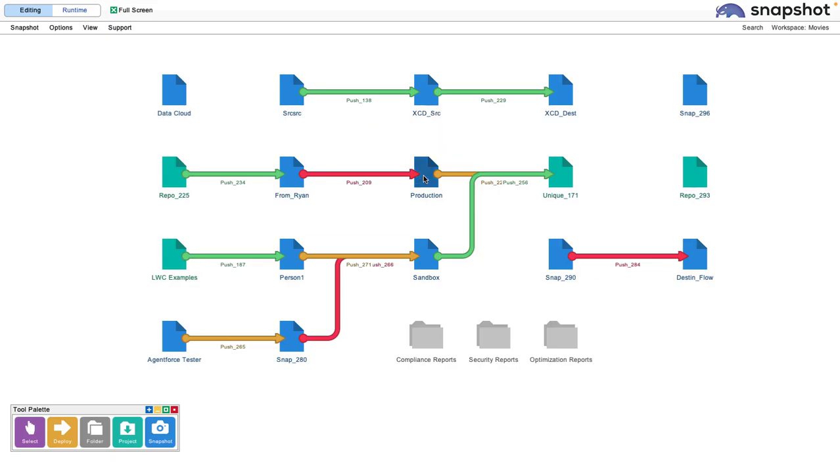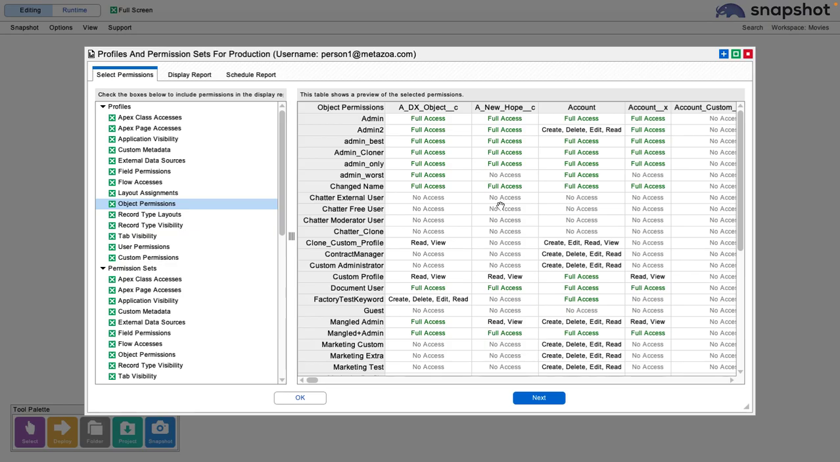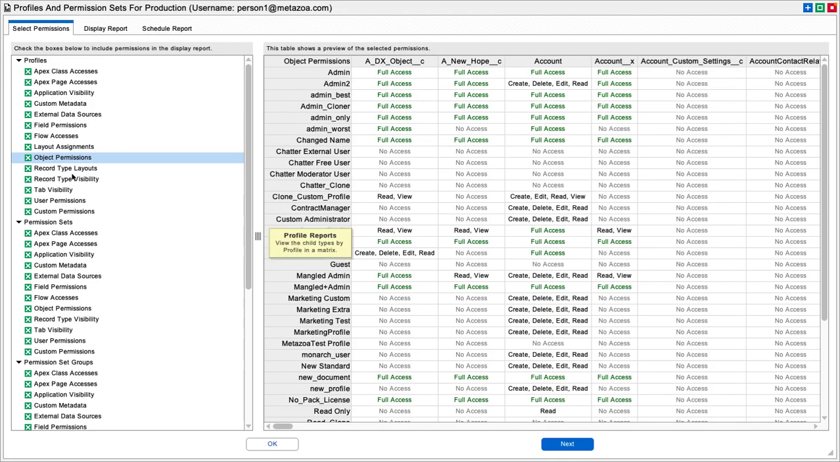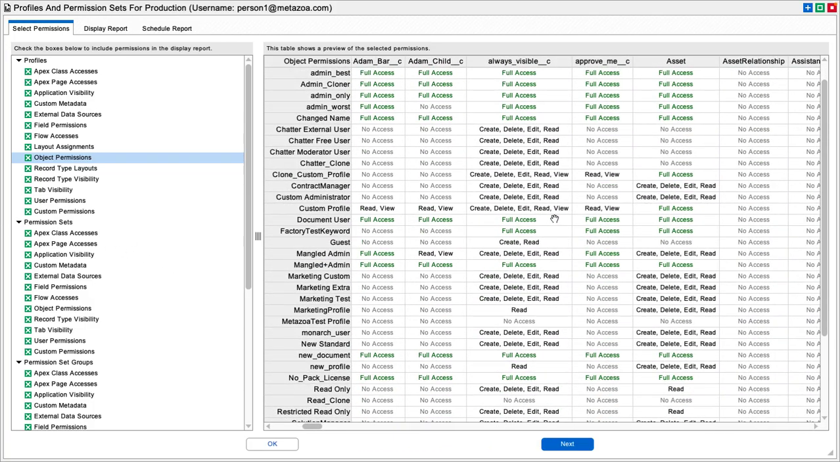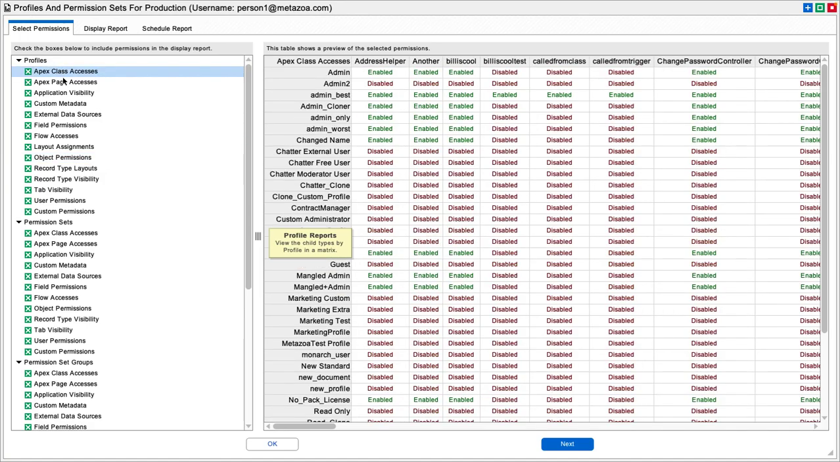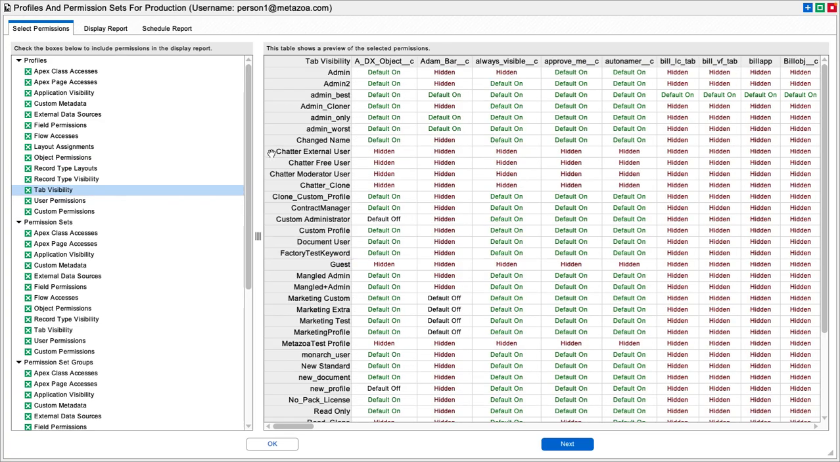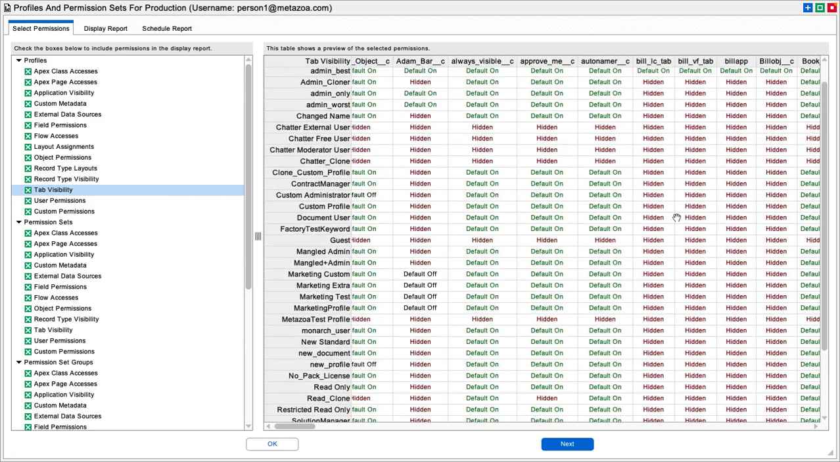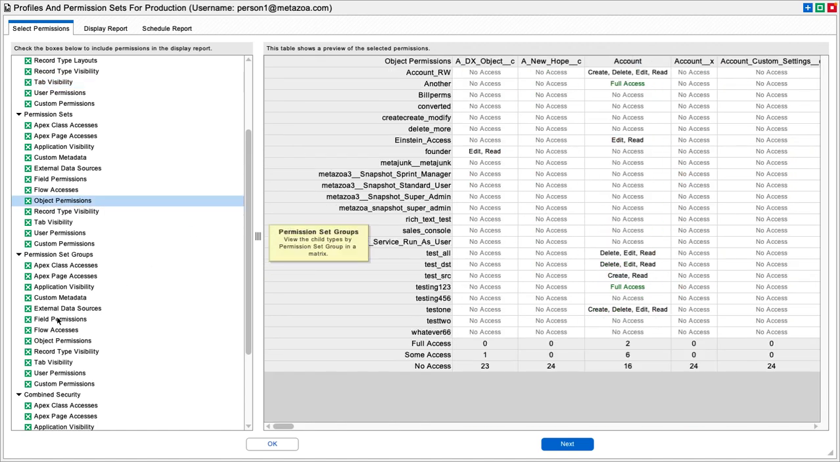All right, lastly, let's look at some of the security optimization technology in Snapshot. Here's the Profiles and Permission Sets report. Now, this report will first show you all of your different profiles, and the profiles are down the left-hand side, and in this case, we've selected object permissions across the top. And so you get this matrix view of all of your object permissions. But we could look at apex permissions, application visibility, record types versus layouts, tab visibility, any of the different permissions in your profile. And you can do the same here with your permission sets, of course, and with your permission